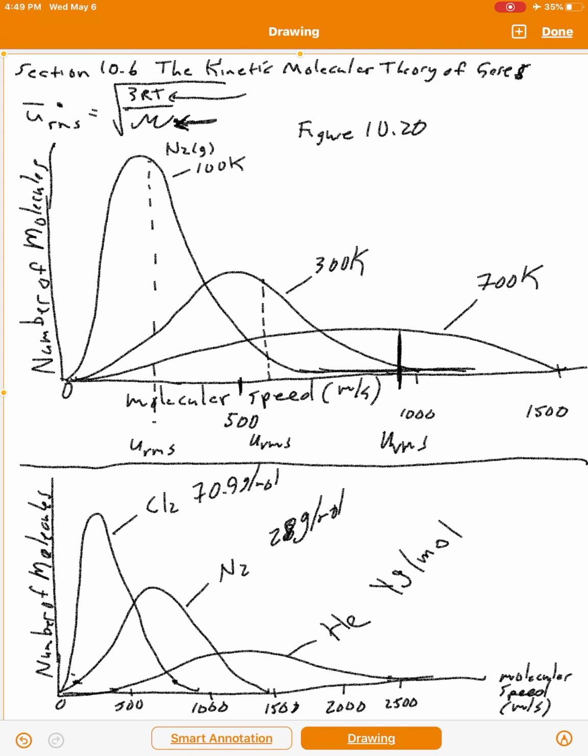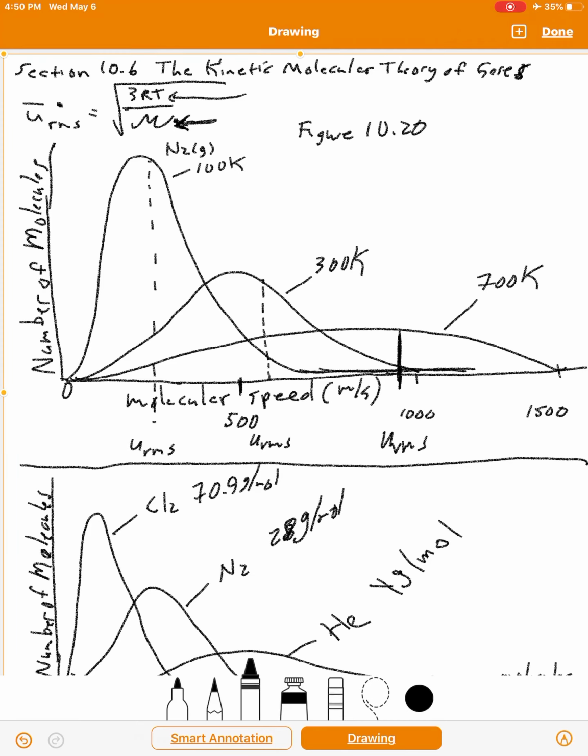So 2 relationships, temperature and molar mass, that you should be aware of. As a gas heats up, if you make it hotter, the molecules move faster on average. If you make the gas molecules heavier, but at the same temperature, they're going to move slower on average. Okay? So that's a nice relationship. 2 relationships, actually. Now we'll take it a little bit further